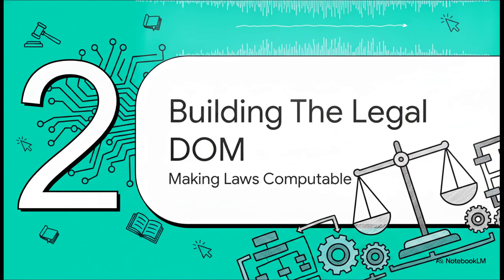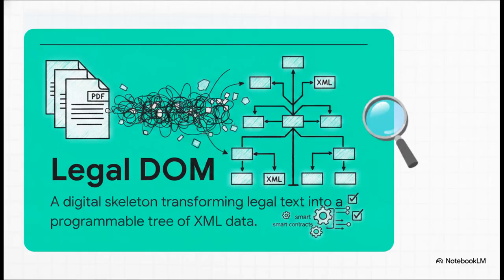Which brings us to Section 2, Building the Legal DOM. So how do we apply this strict textual bridge to something as massive and complex as the legal system? Look, if you want a machine to understand a law, you can't just feed it a standard PDF. A PDF is just a flat, dead wall of text to a computer. Instead, we have to build the Legal Document Object Model, or legal DOM. Think of it as a digital skeleton. It's the hidden plumbing that maps chapters, clauses, and subsections into a living, hierarchical family tree of XML data. Now, a smart contract can actually read, understand, and safely execute that law without hallucinating.